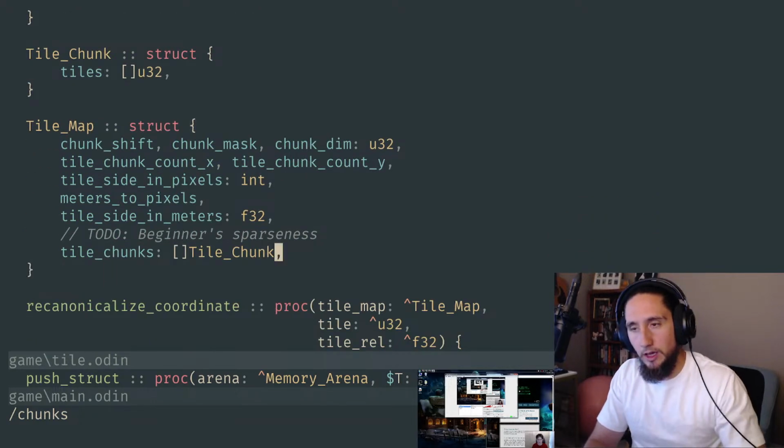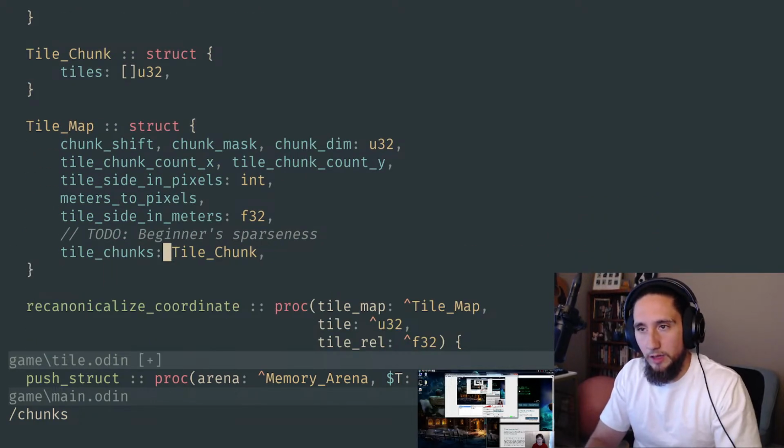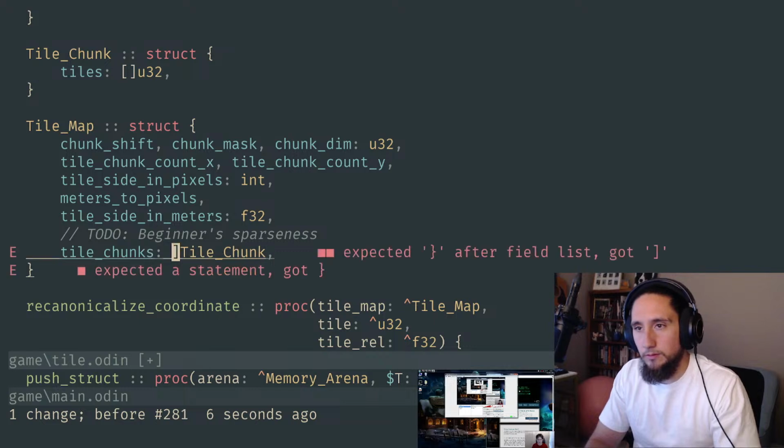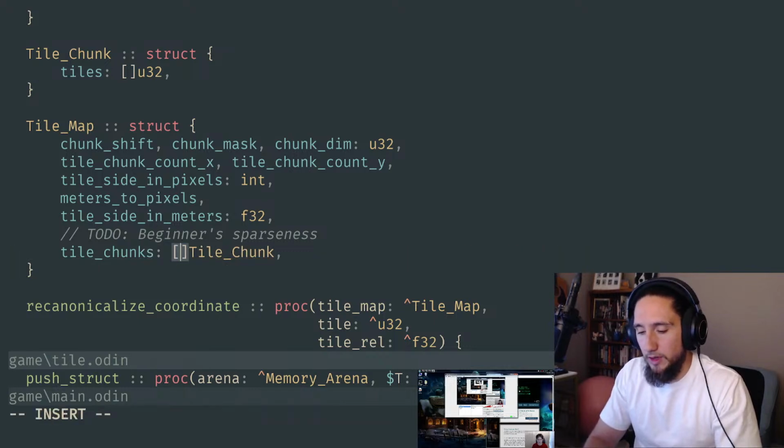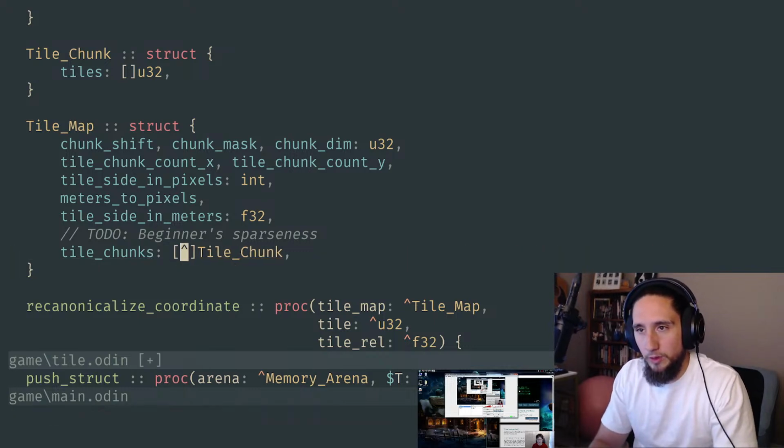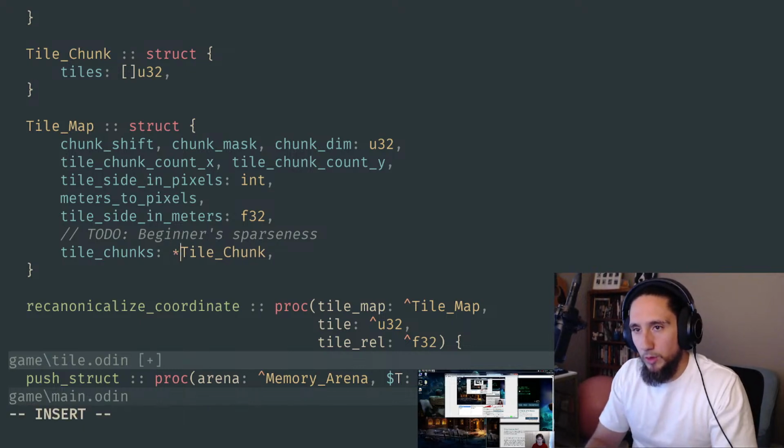I thought that Casey made this just a single tile chunk, but it turns out it was a pointer to many tile chunks. I'm not sure how I missed that or when that changed, or maybe it was always like that, but basically, in C he has a multi-pointer like so,